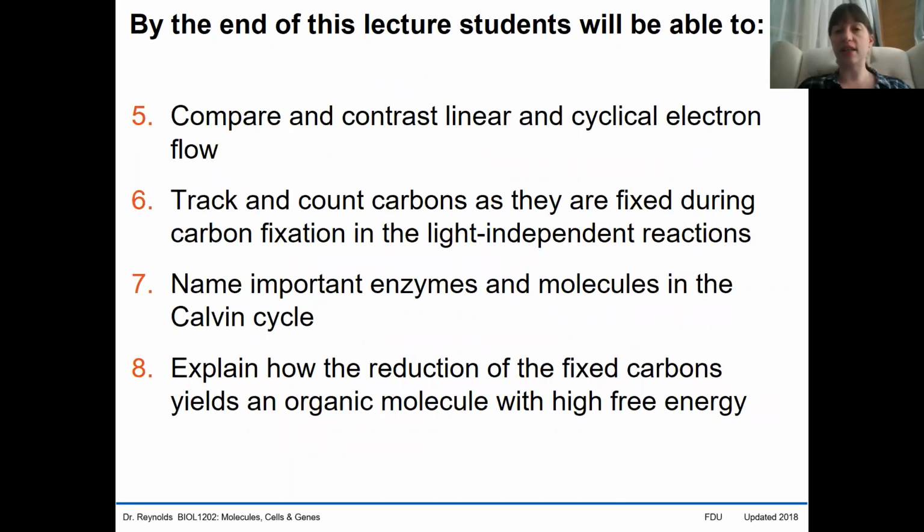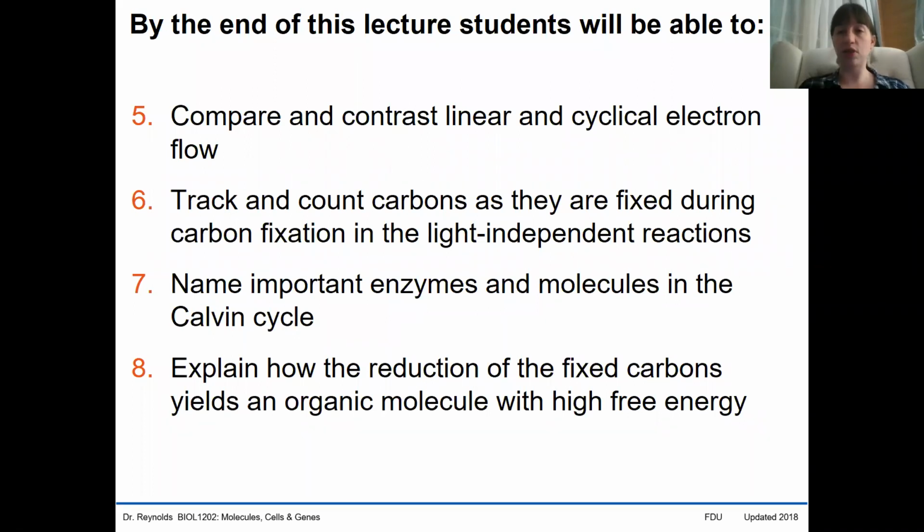Compare and contrast linear and cyclical electron flow. Track and count carbons as they're fixed during carbon fixation. Name important enzymes and molecules in the light-independent reactions. And then explain how the reduction of those fixed carbons yields an organic molecule with high free energy. That organic molecule with high free energy is going to be the same glucose that was used in the breakdown